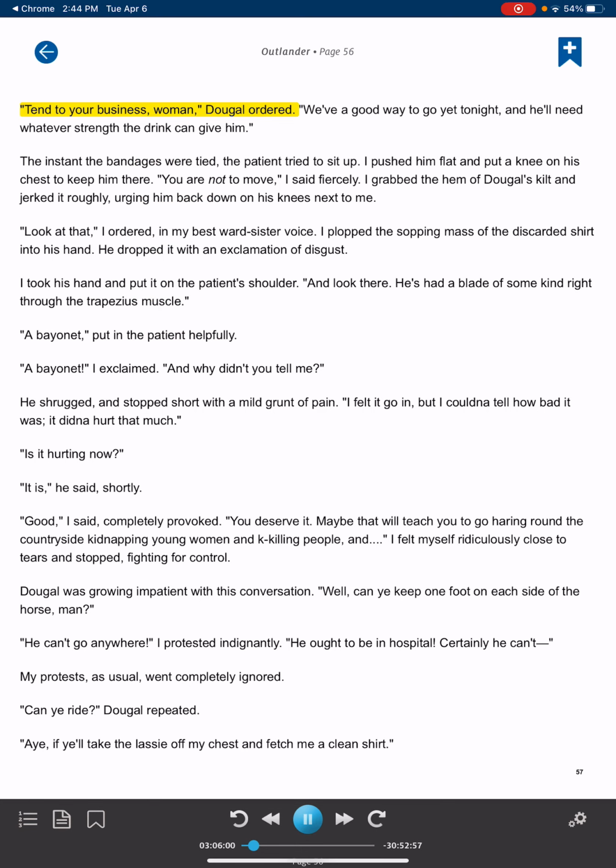Enter the businesswoman. Dougal. When you go down to the lower side, let's look at the lower left, and you